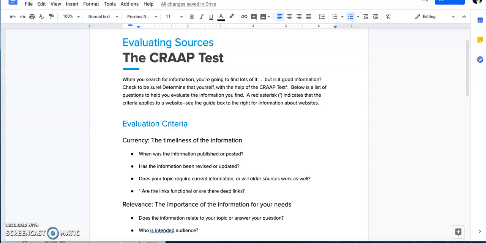The reason we need to do this is because most of you will be doing your research on the internet, and the internet will tell you just about anything you want to hear. When I was taking English 101 and 102, it was pretty easy. I had to go to the library, search for the source, and read the source, and right away I knew that the sources were going to be credible because I had to go to the library. The library vetted all those sources, they made sure they were credible. They were books, journals, magazines, just right there for me, but I had to do a little bit of work to get to the library.